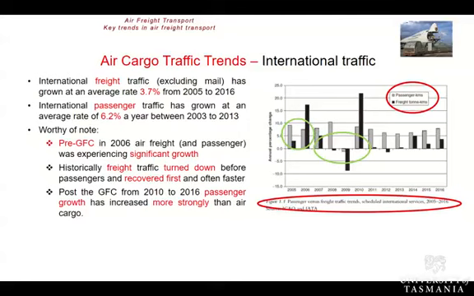Unfortunately, that wasn't the case. And if you have a look at the growth rates at that particular period, they were quite depressed for air cargo. In fact, passenger growth recovered a lot more than air cargo, and that's probably reflective of, I suppose, the depressed nature of a number of the key markets that move air cargo. Over that period of time, the percentage growth in air cargo from 2010 to 2016 has been around about 2%, and that's contributed to that overall 3.7% growth rate.